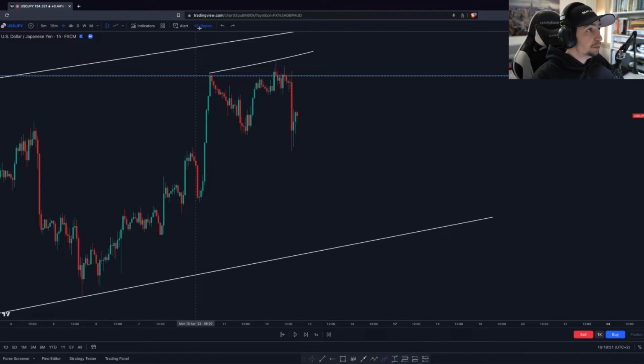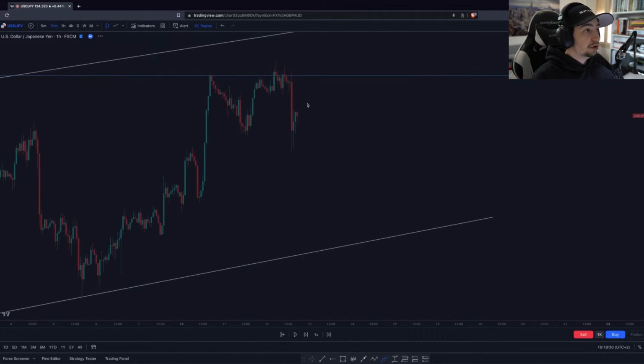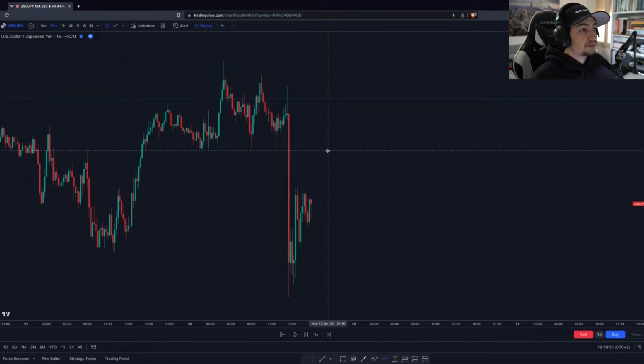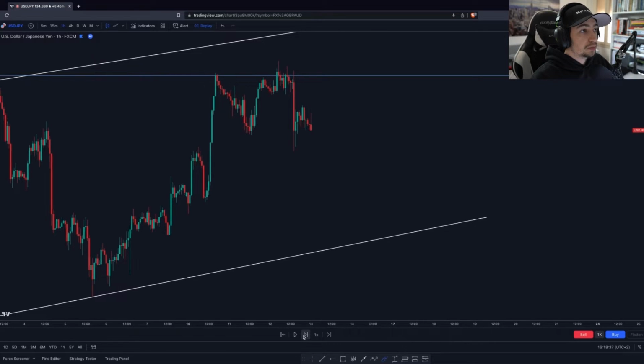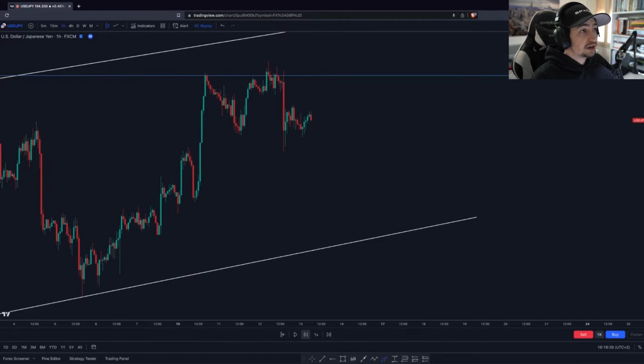So personally, I wasn't going to get involved in something very tight over here, just for that fact, I wanted to see some more development on the structure. So moving forward a little bit more, we started trickling around. So ideally, at this stage, I wanted to see two things: either a strong push down followed by a 1-hour